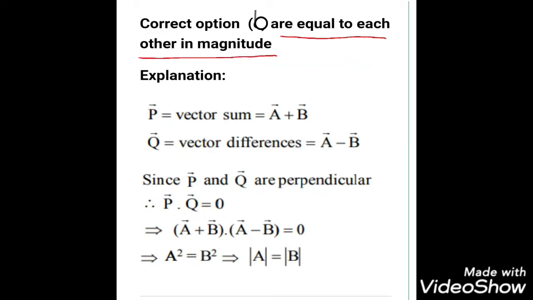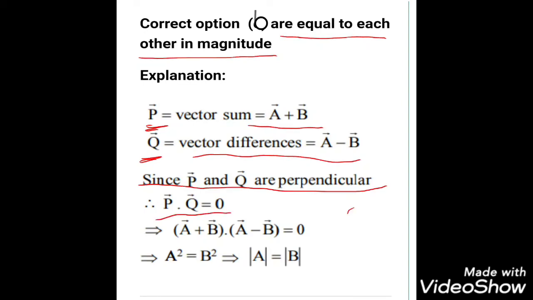How are we saying this? The vector sum A plus B, let me assume it is the P vector. The vector difference A minus B, let me assume it is the Q vector. If they are perpendicular, the dot product of P and Q should be equal to 0. Perpendicular means theta is equal to 90 degree, and cos 90 becomes 0. So P dot Q equals PQ cos theta, and since cos 90 is 0, P dot Q is equal to 0 if they are perpendicular. Here P means A plus B, Q means A minus B, the sum and the difference of the two vectors, so their product is equal to 0 according to this equation.